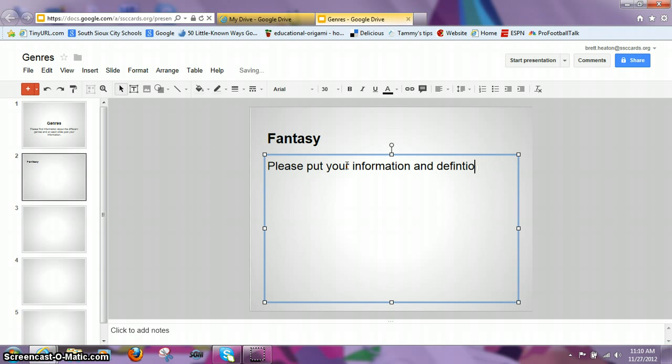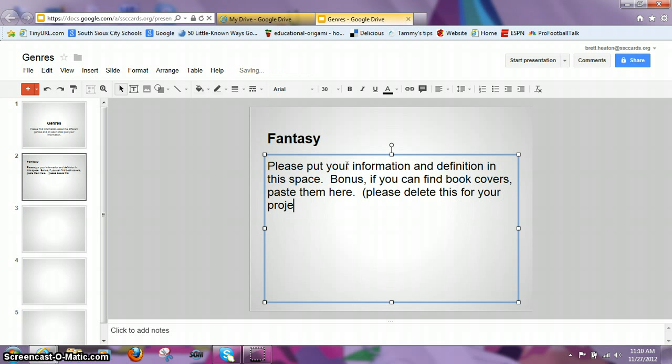Oh, and you can see I misspelled that there. And then I'm going to put bonus if you can find book covers, paste them here. Now I'm going to put please delete this